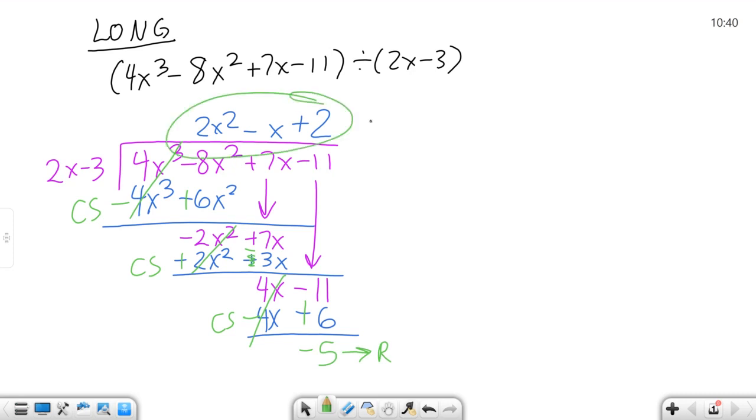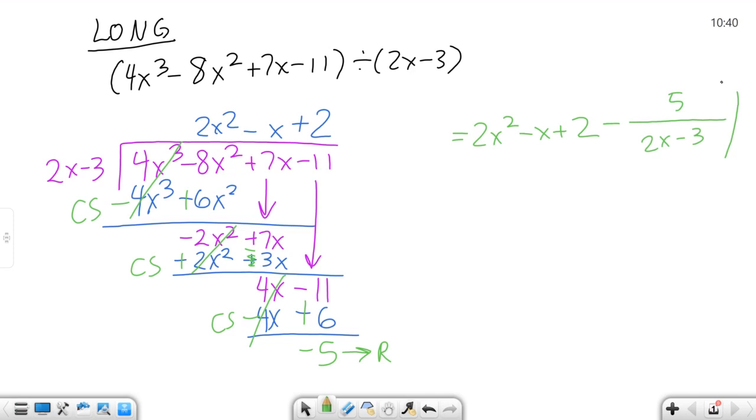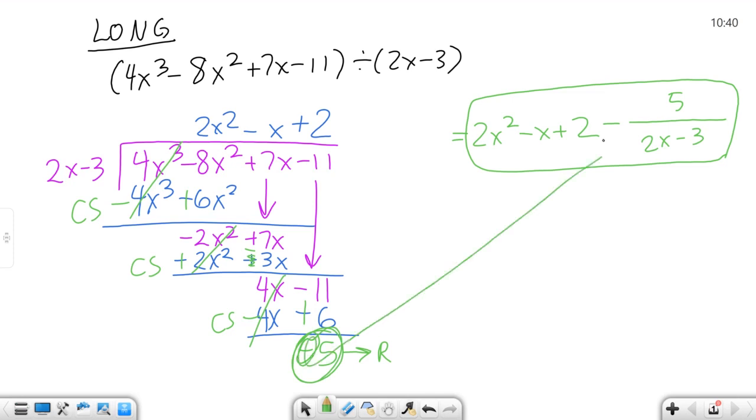Well, I have all of this, and then I have my remainder over what I divided by, okay? So this whole thing is going to be 2x squared minus x plus 2. And then it's going to be minus 5 over 2x minus 3. That's how I'm going to write it, because when I have a one-term remainder here, I'm going to put this sign right here. However,